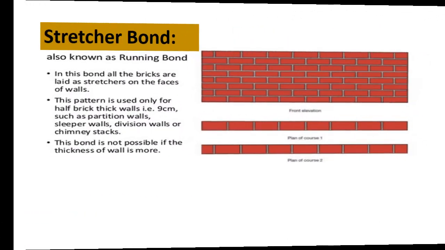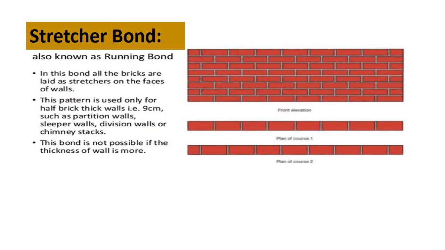Single Flemish bond. The single Flemish bond is the intermediate bond between the English bond and the double Flemish bond. It consists of Flemish bond on the facing side and English bond on the backing face. It gains adequate strength from the English bond, whereas it maintains the aesthetic appearance by utilizing the Flemish bond.